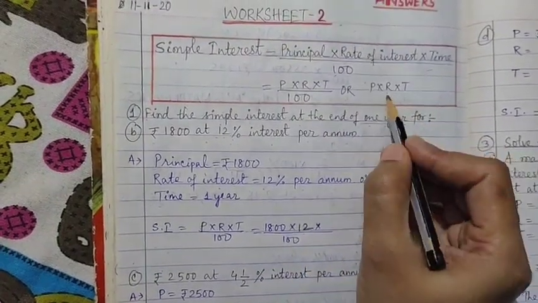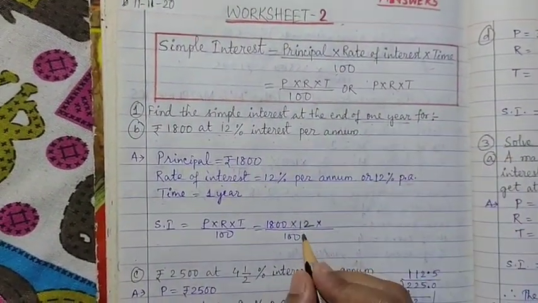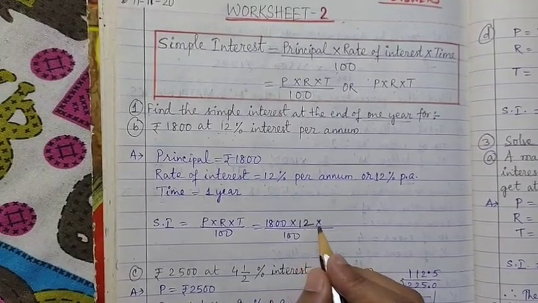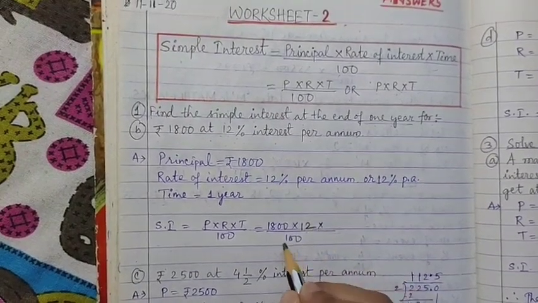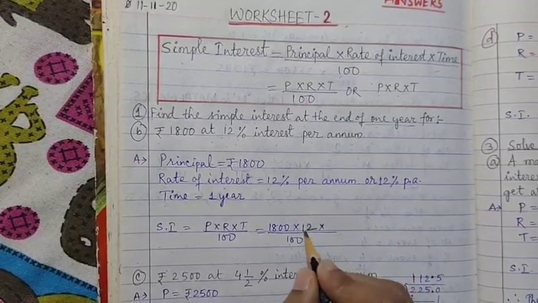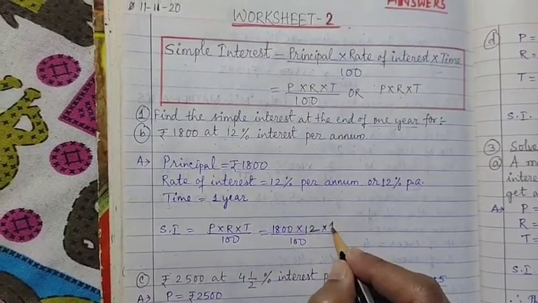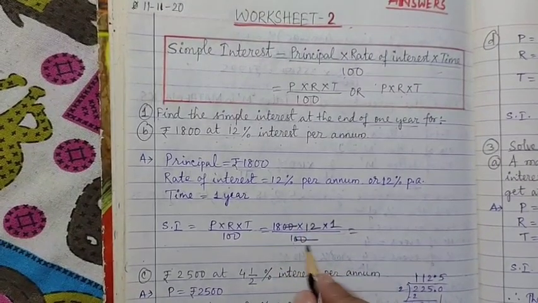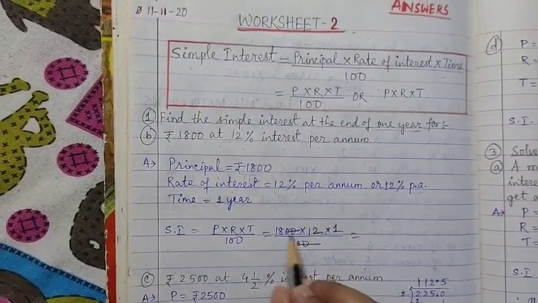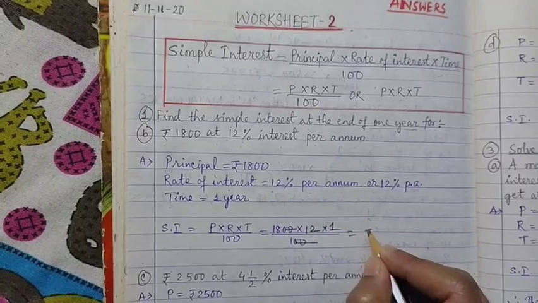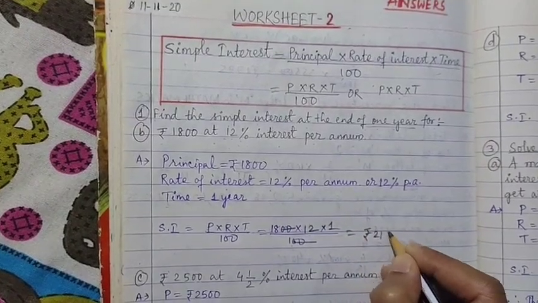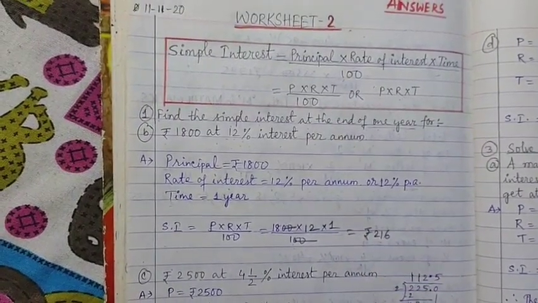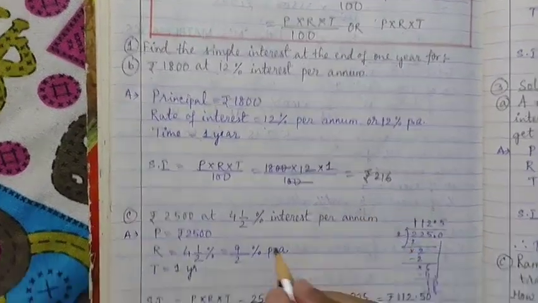So percent, you have to remove that percent and you have to write by 100. So आप ये लिखो या ये लिखो, सेम थिंग. सो अगर 100 पहले से लिखे हो तो परसेंट लिखने की ज़रूरत नहीं है. इन प्लेस ऑफ परसेंट दिस 100 इज ऑलरेडी रिटन. देन टाइम इज 1 ईयर, सो 1. देन सिंप्लीफाई, 0 20 कैंसिल में डिवाइडेड बाय 100. देन 18 इंटू 12 इज रुपीज 216. ओके, सो दिस इज द सिंपल इंटरेस्ट.